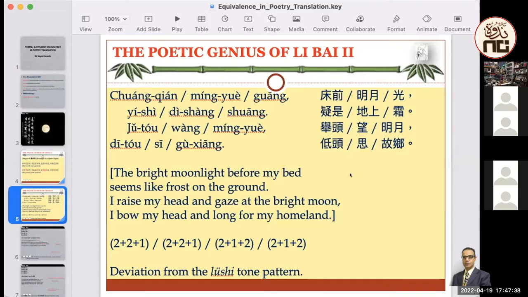Is there any meaning for this change in the rhythm? Could there be any meaning? Maybe there is, maybe there is not, but for me, I would try to give it a meaning, because for a poet like Li Bai, these things should not be read or taken lightly. We as critics have to find meaning behind it.